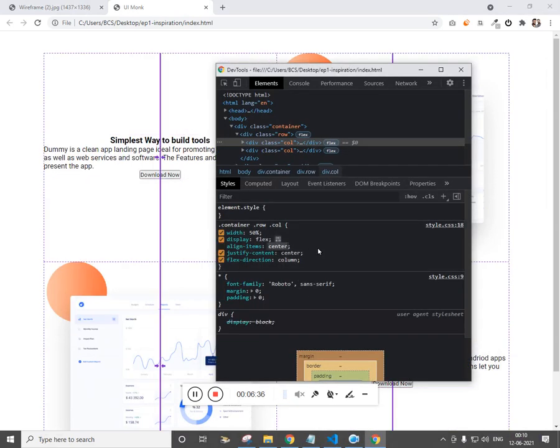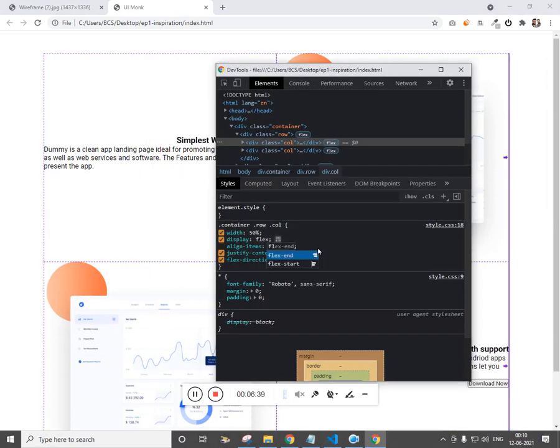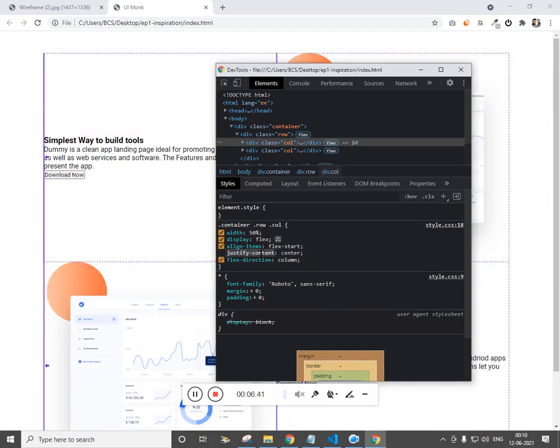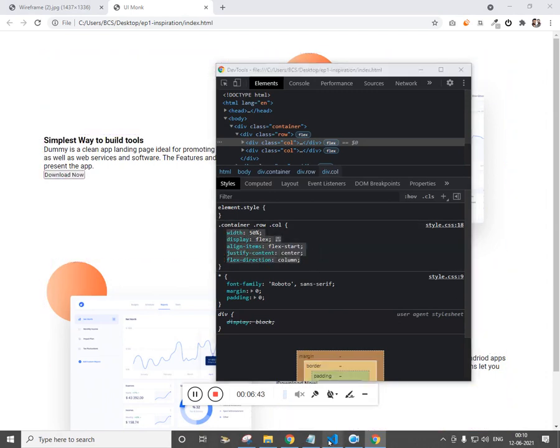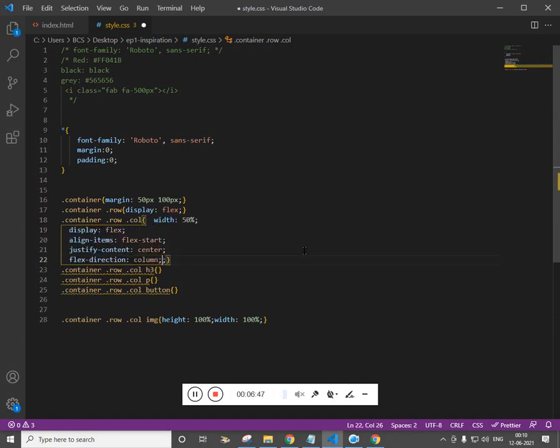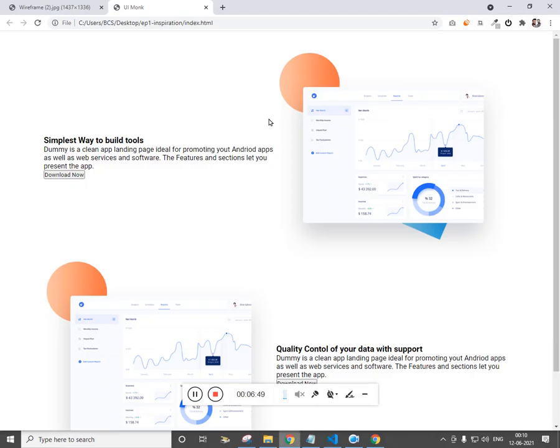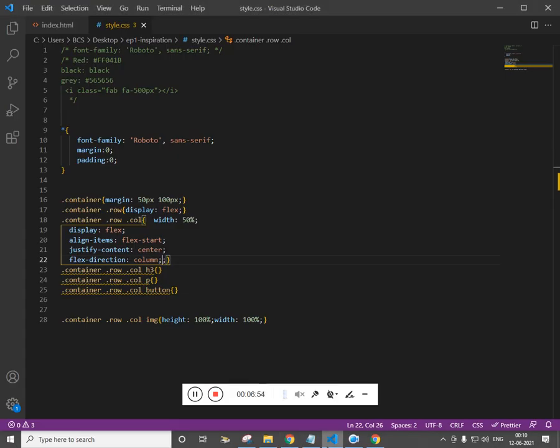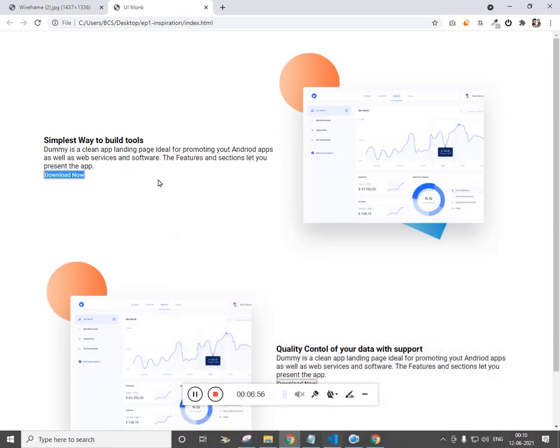Let's try to make this. Okay, so this was a mistake. What we had given was the opposite way. We want the justify content to be at the center, that means vertical center, and align items flex-start. So it is working as we thought.